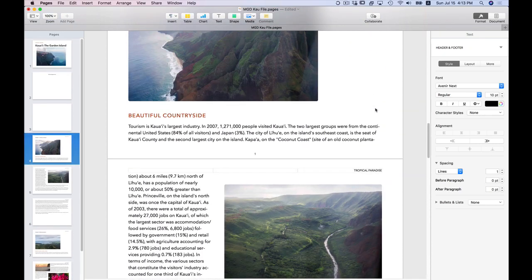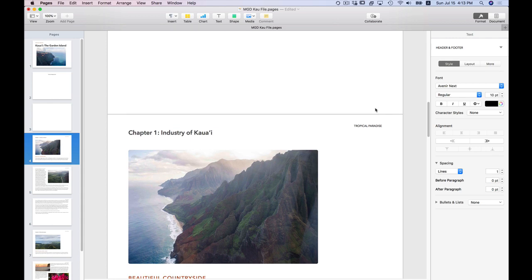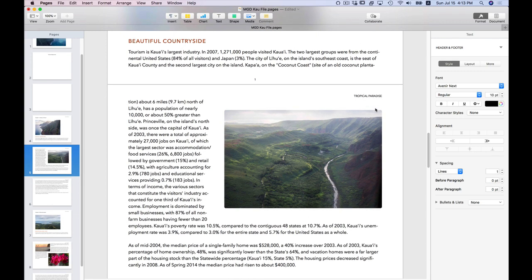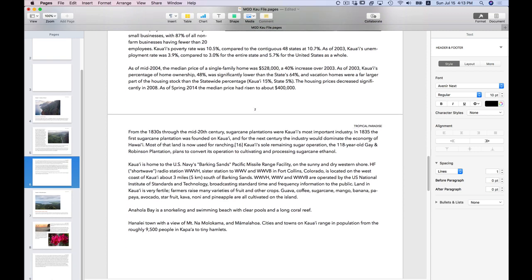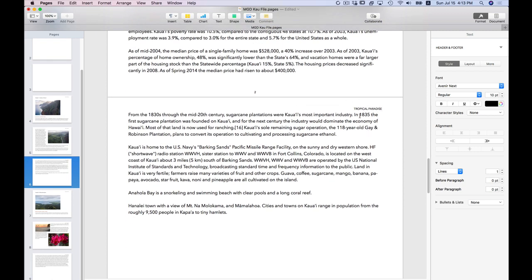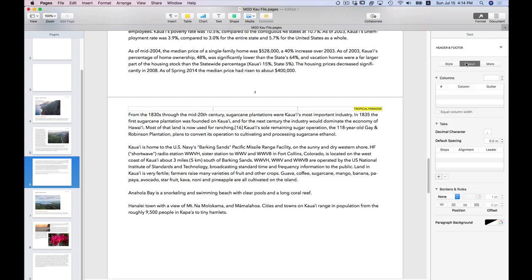I have this running header that I just added, and I look and I think, oh, the text is too close to the running header. You see that? Not good, not good. So I want to change where that header is. So over on the right-hand side, first of all, let me select that. And over on the right-hand side, I'm going to click on the Layout tab. And at the bottom of the Layout tab,